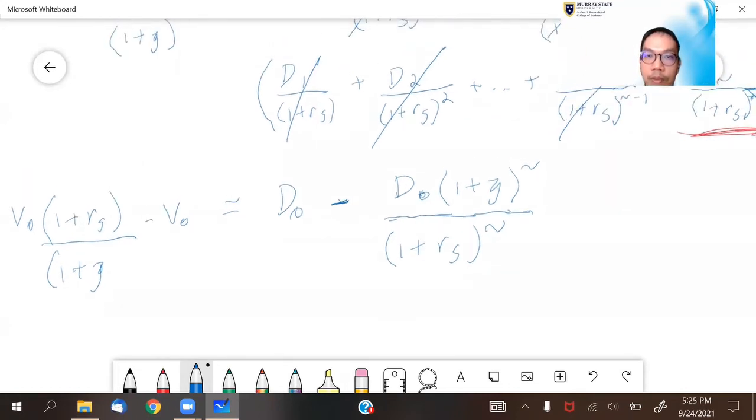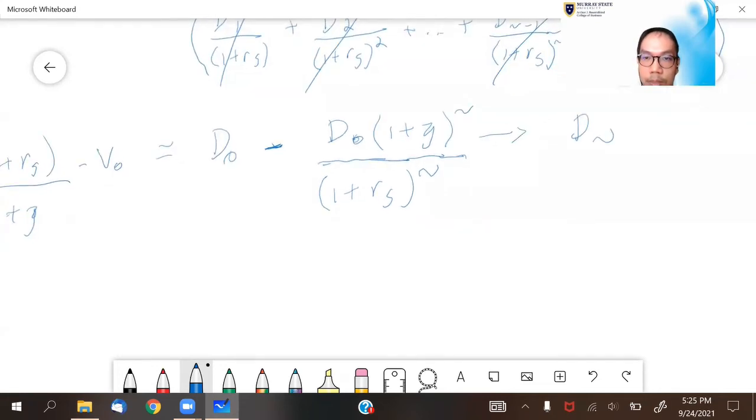Because previously, this is the dividend at the time of infinity, right? So D1 is D null or D0 that grows. D2 is D0 that grows squared, right? So can you imagine again that D1 would be D0 that grows,